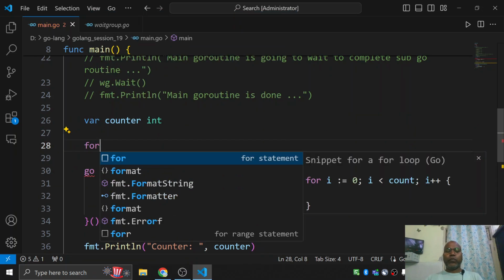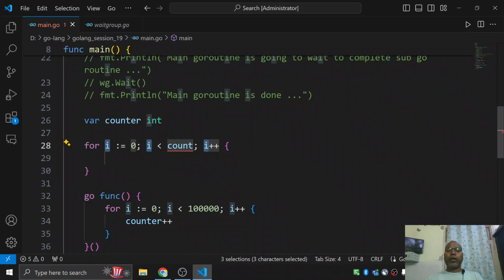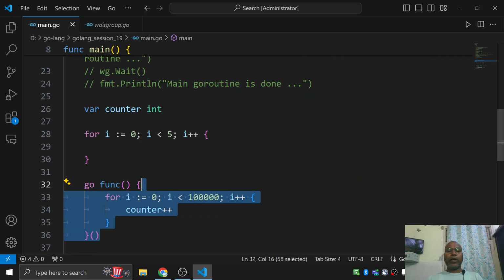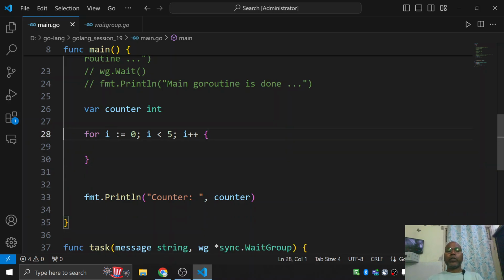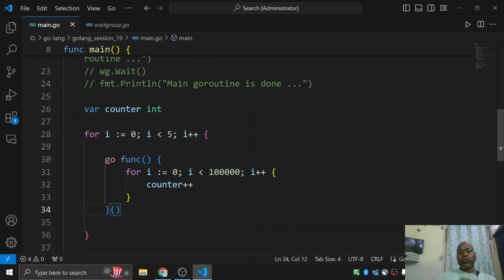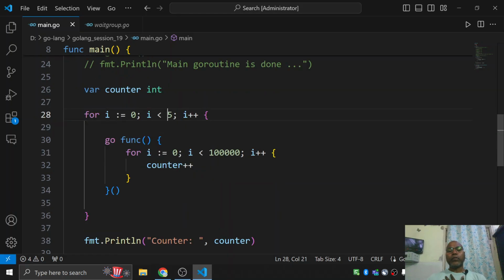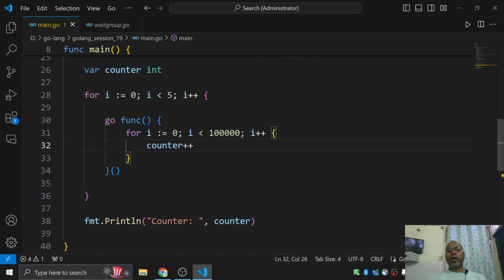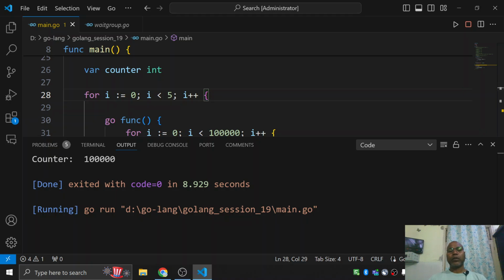Let's say I take a for loop and start maybe 5 goroutines in the loop. I'm starting 5 goroutines, and each goroutine accesses the shared variable counter and does plus plus. After that I'm going to get the counter. So if we run this carefully, you notice I am getting something